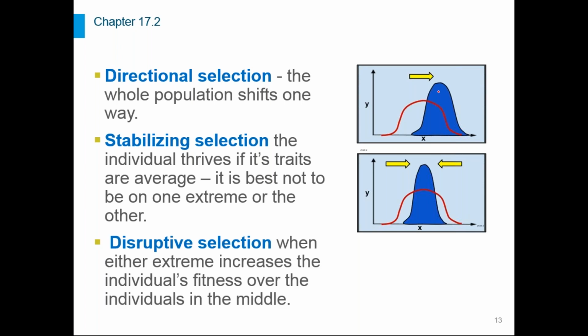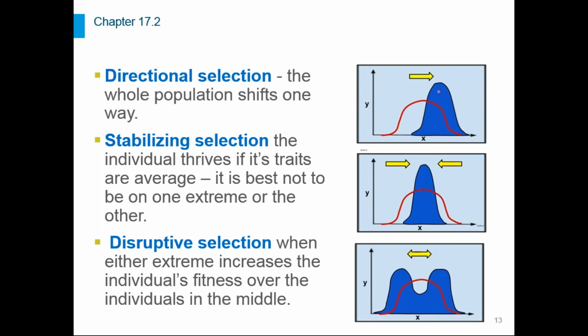This is called disruptive selection. Disruptive selection is the opposite, when either extreme increases the individual's fitness instead of the individuals in the middle. Okay, an example that was given in the book is birds on an island, where large beaks are useful for cracking large nuts, and small beaks are useful for getting small seeds out of tiny plants. And birds with average sized beaks can't really do either of those very well. So the population is going to change in two directions, either to have very large beaks or very small beaks,